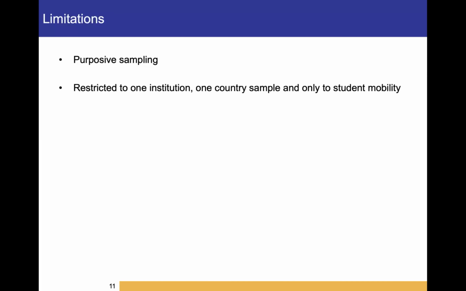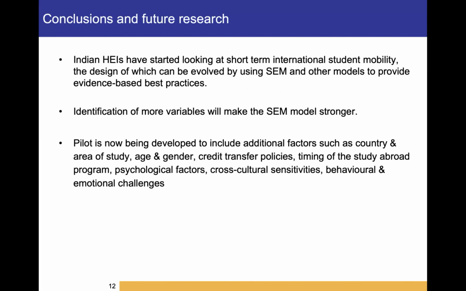Going forward, the future of this research will be very useful because it will help add the additional factors which are likely to have an impact on the better design of mobility programs, which include the country of choice or the area of studies, an engineering student versus a management, biotechnology, or psychology student, the age of the student, the gender of the student, and the credit transfer policies, which are particularly important when we talk about short-term mobility programs. What is the timing of the study? Are we sending the students in first year, second year, or third year? And does that impact the fulfillment factor? Does that impact the push and the pull more? Is a younger student likely to have